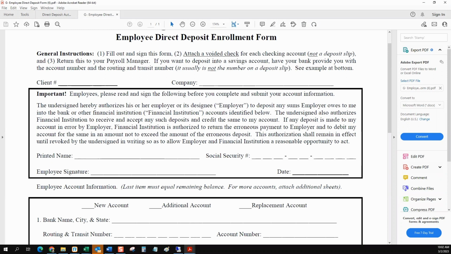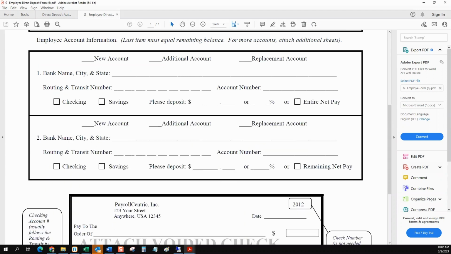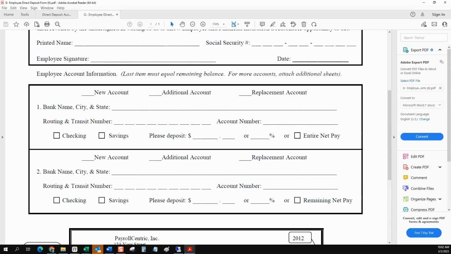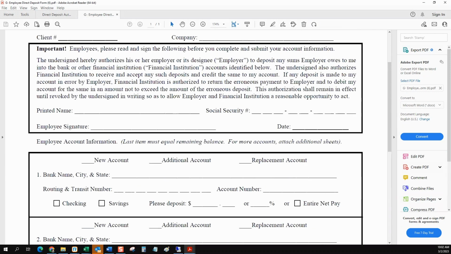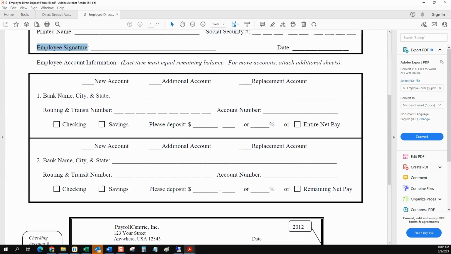This is an important thing because you do want to have their permission to touch their account when you're taking funds out. That can get into a tricky situation. So this is a form that we have, and you can freely use it. They just sign right here, acknowledging all the verbiage, and they give us the information on what bank accounts they are, what type of accounts they are, and how much goes into